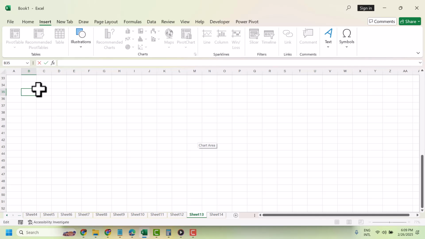Hello friends, today in this video I will show you how to insert equation in Excel. So very easily you can insert it. So firstly you need to click on insert,